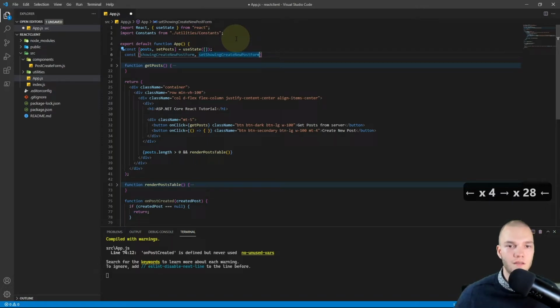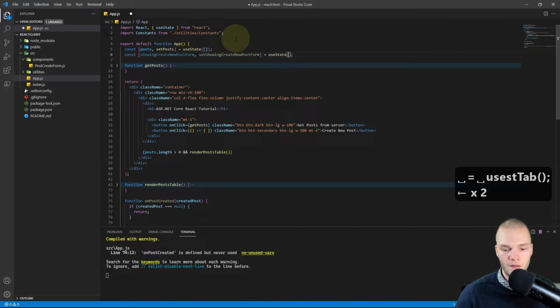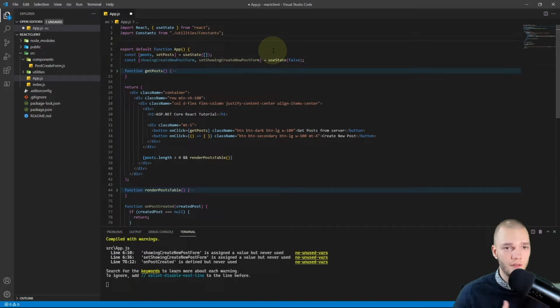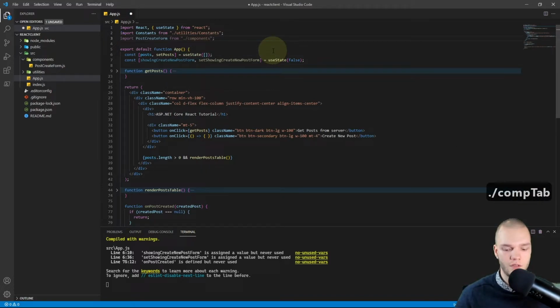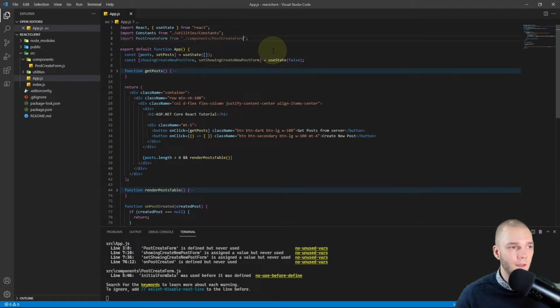So setShowingCreateNewPostForm, and that equals useState, and for the default value I'm going to do false. So now let's display it, and before we can do that we need to import it. So I'll do import PostCreateForm from double quotes dot slash components slash PostCreateForm, and then I